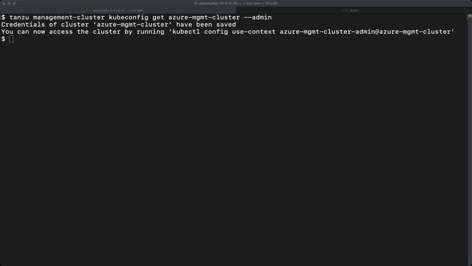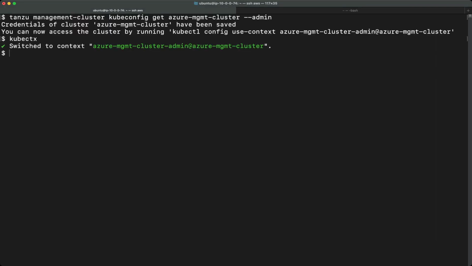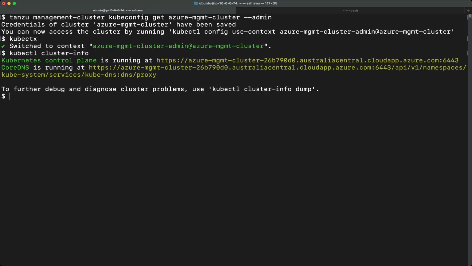Once you have the kubeconfig, you can change the Kubernetes context. I'm going to change it to that, and let's see the cluster info. You can see that this is running on the public internet. It's publicly available, and there is a DNS for it.